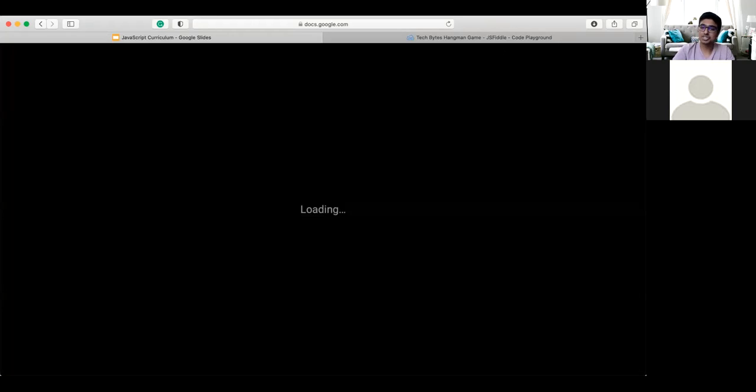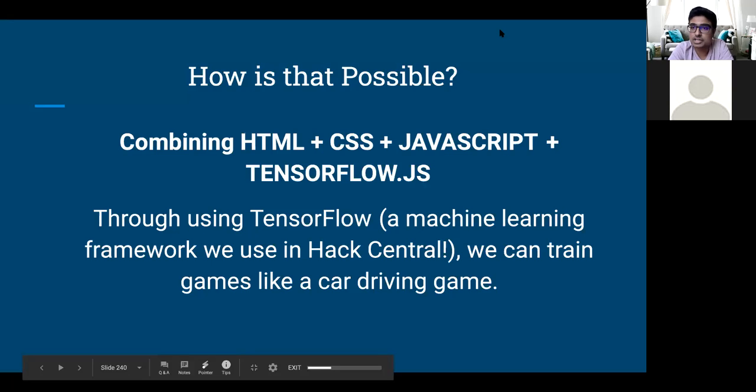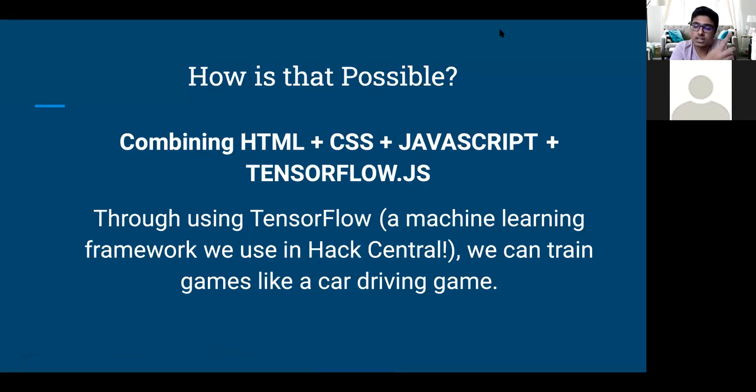But the main point which I wanted to get across this week was that, sure, it's cool to have other applications of machine learning, but the main point is that what I can do in one language, I can probably do the same thing in another language. Is it going to be a bit different? If I want to make a website, would I much rather make it in JavaScript? 100%, because making it in Python is a bit more complicated, a lot more work to say the least. JavaScript is made specifically for that.